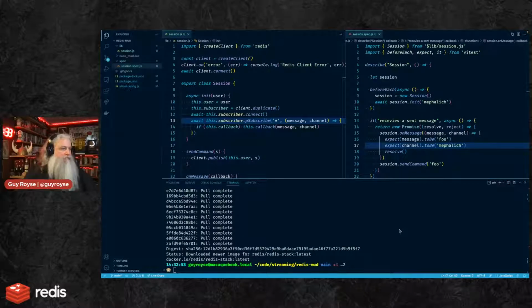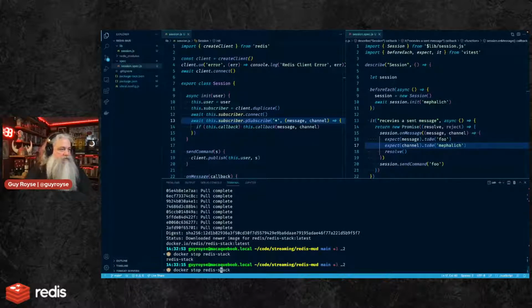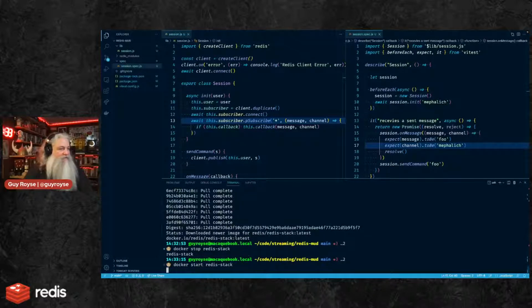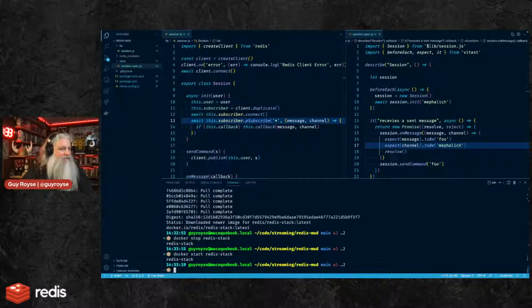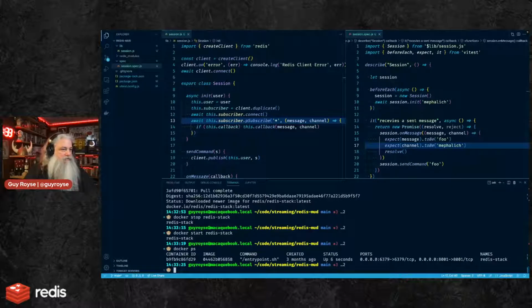Okay. Now let's see if I start this. Trying not to type and then hitting up arrow more than I would have typed. Docker start, not stop. Okay. There it is.